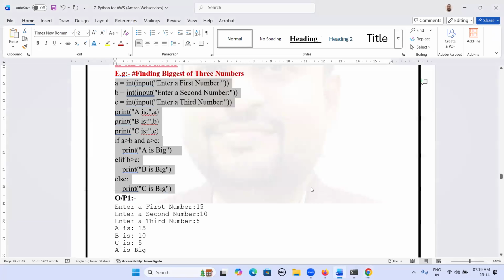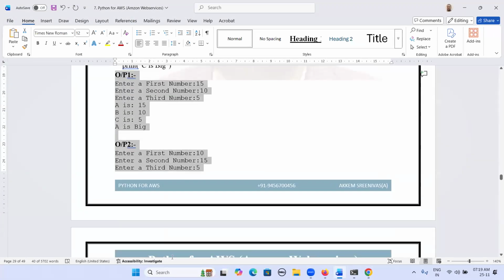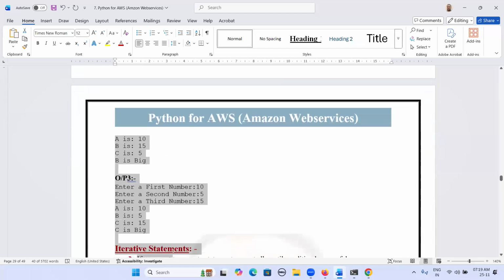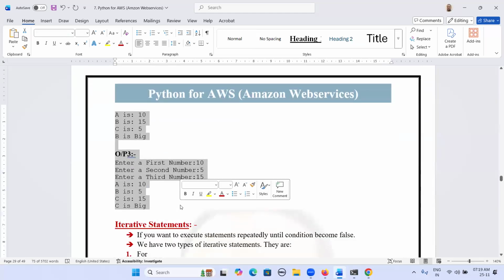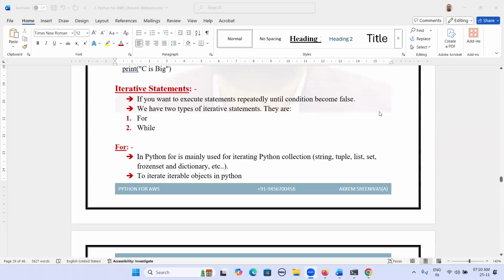Okay, now iterative statements. Yeah, now let's continue iterative statements. Iterative means repeatedly we want to execute statements based on the condition.